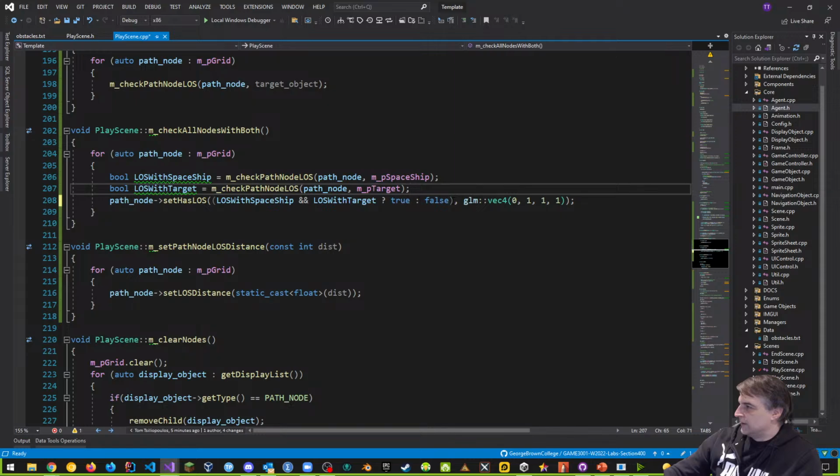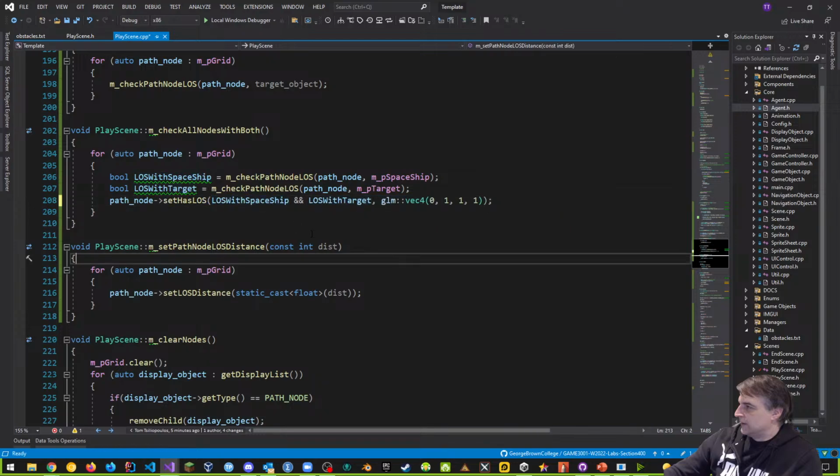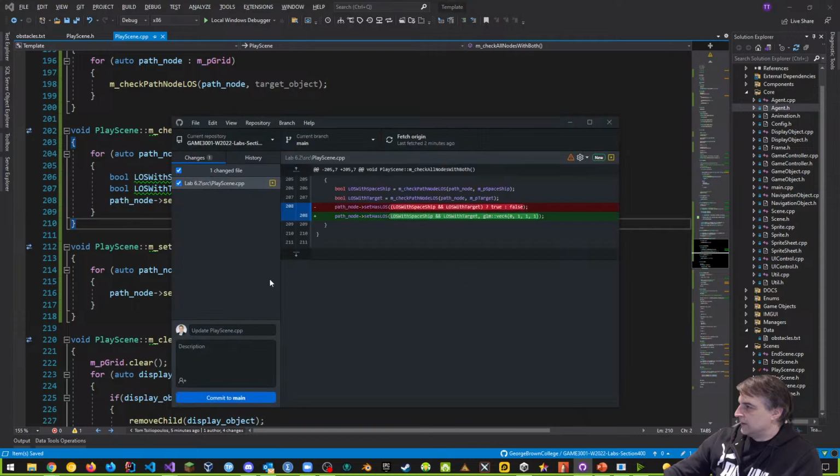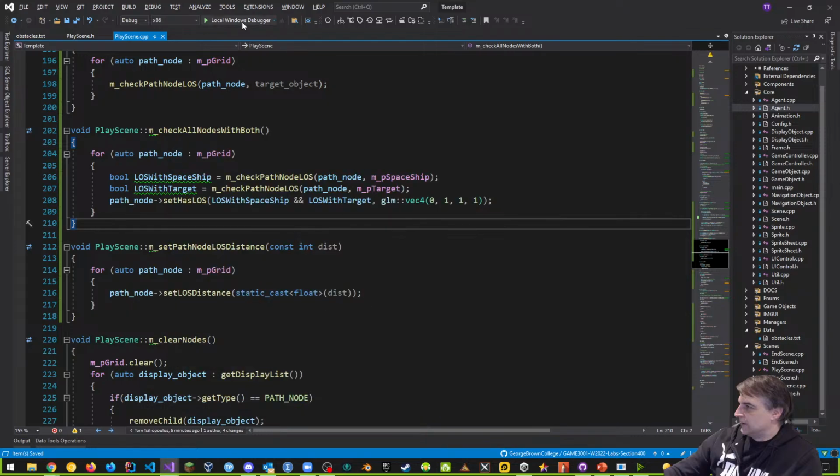We can also get away with just putting this part in, but without this little check. And why? Because if you think about it, if I check if it's line of sight with spaceship and with target, that is a condition. So if these two both are true, then this returns true. Otherwise, it returns false. This is kind of a streamlined version for me. So let's see if that works, and then we'll come back to that. So let's run it, and maybe it's not going to work. Maybe.